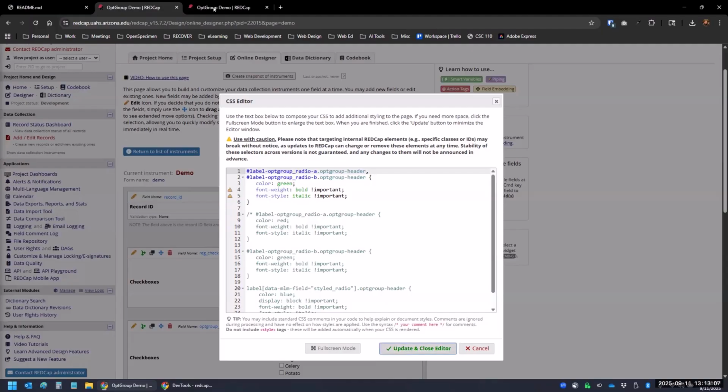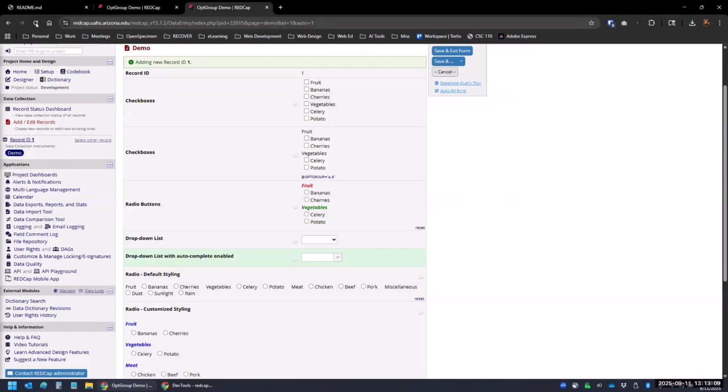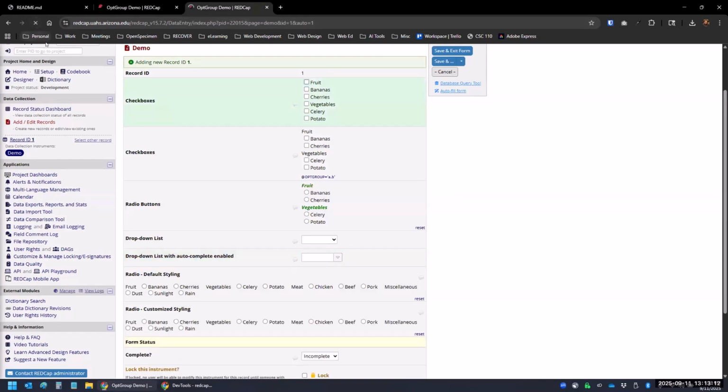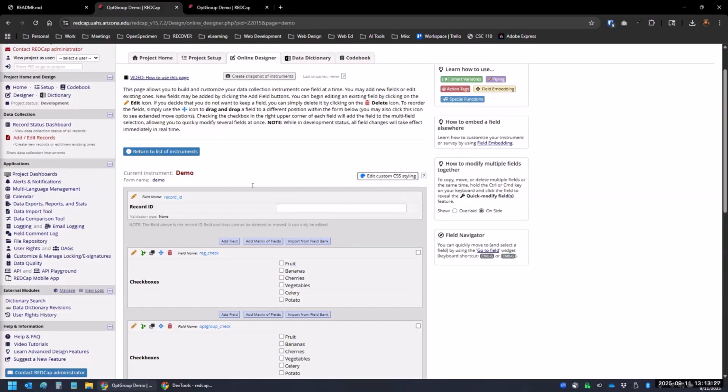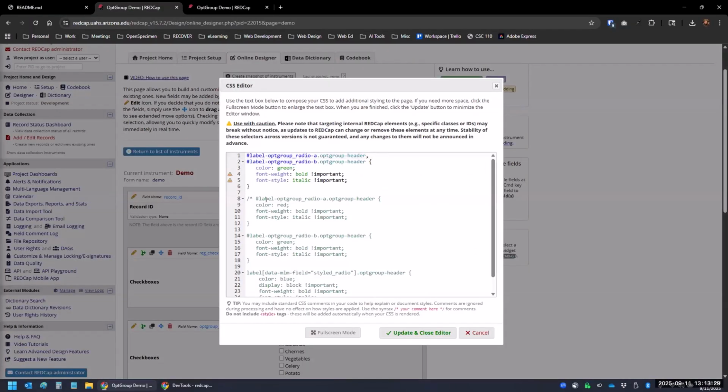So if we update this and we refresh, you can see here now that those labels have been changed. And since I commented out the other styling, you can see here that these two look the same now. This doesn't have the customized styling anymore. So if we go back here, one of the things, the reason I have this is I want to show you that